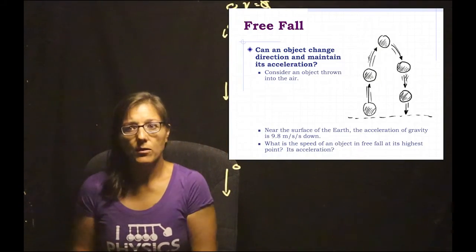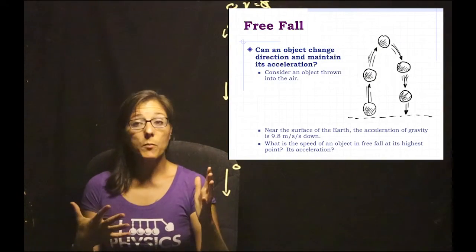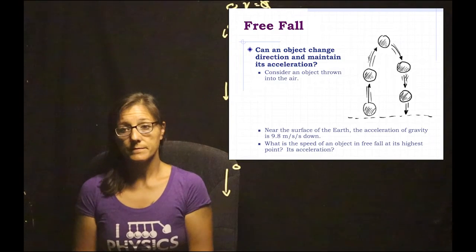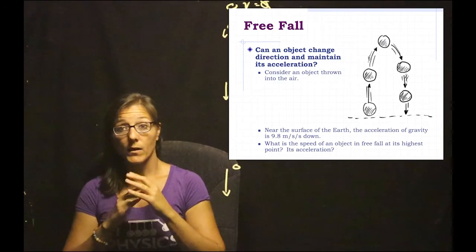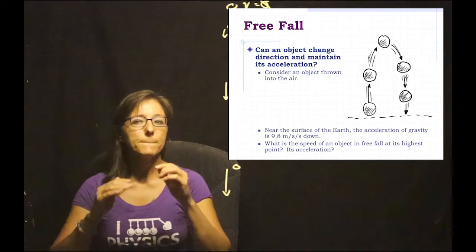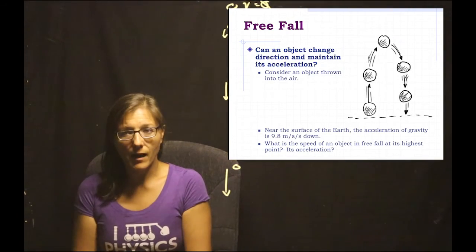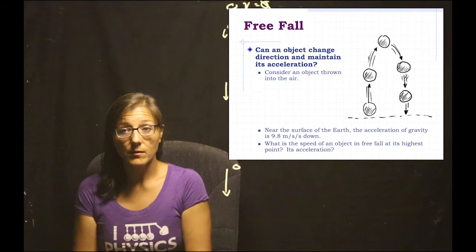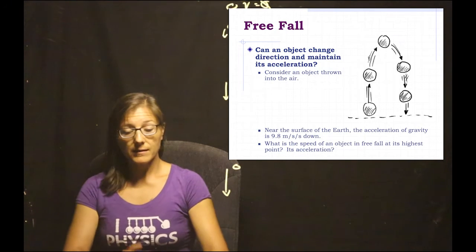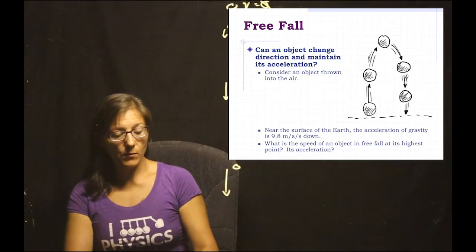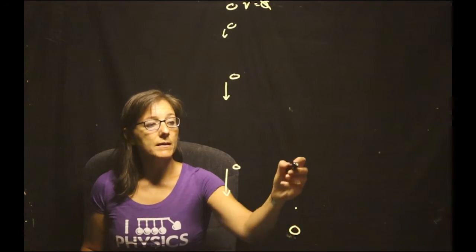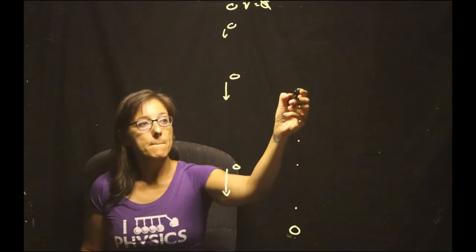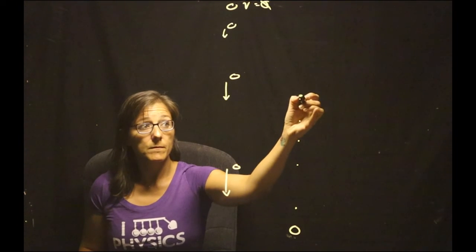So consider that object thrown up into the air. When it's at its highest point, how fast is it? It stops for just a moment, right? It stops for just a moment. But what's its acceleration at its highest point? Is that also stopped? Let's think on that for a minute. Acceleration is a rate of change in velocity with time. So if you throw an object up into the air and it stops